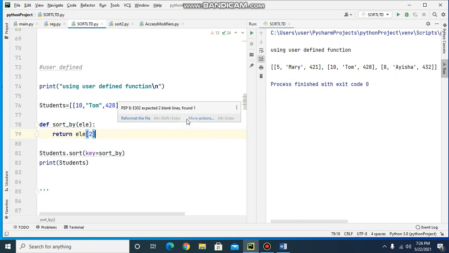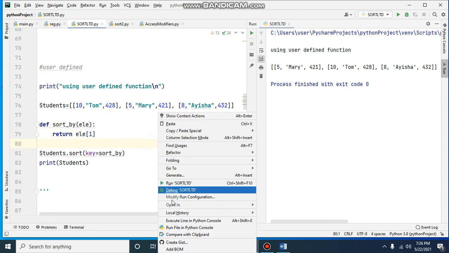So it has sorted in the ascending order of the marks. So 421 has come first, then 428, and then 432. Now if I want to sort on the names, I will specify the index value as 1 because name is at index 1. So now it will sort in the alphabetical order of names.